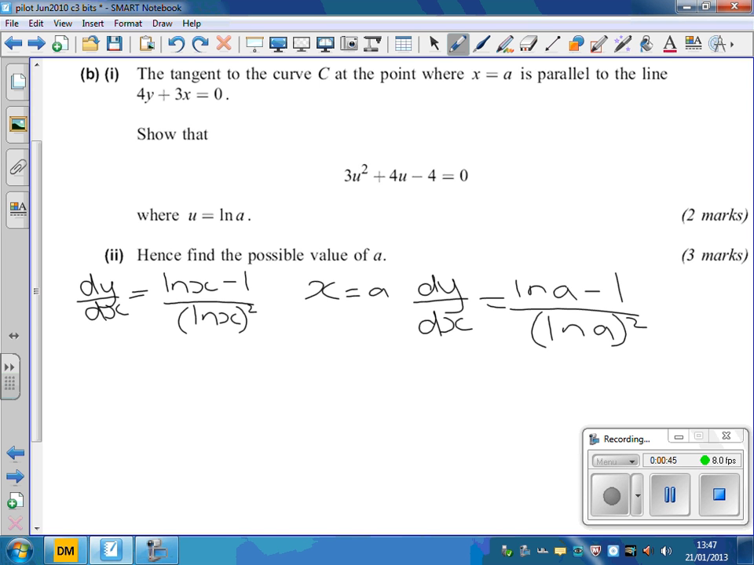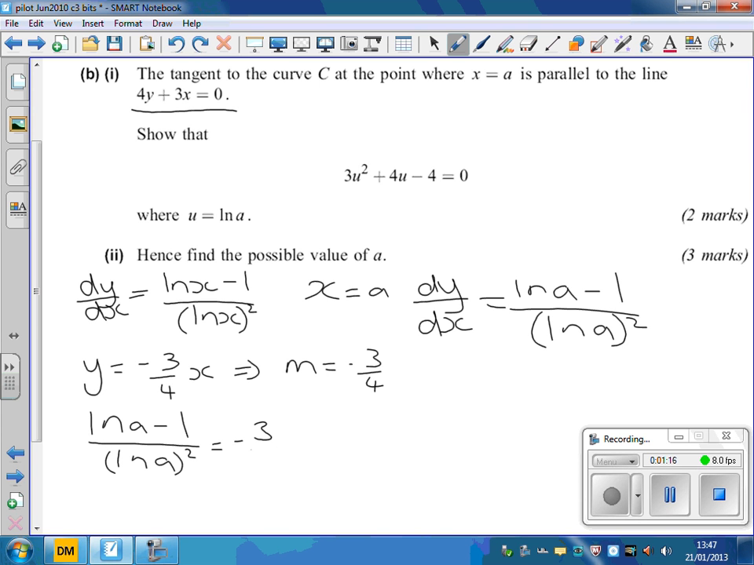Looking back now at the line 4y plus 3x equals 0, we're going to rearrange that to find the gradient of that line. Rearranging gives us that y is minus 3/4 x, which tells us that the gradient is going to be minus 3/4. Since the line is parallel to the curve, the gradient is going to be the same, so I can now write an expression saying that (ln a minus 1) over (ln a) squared